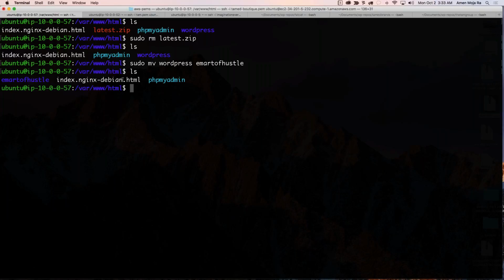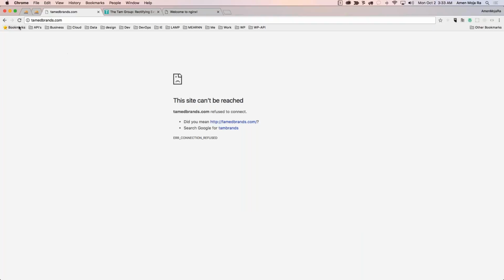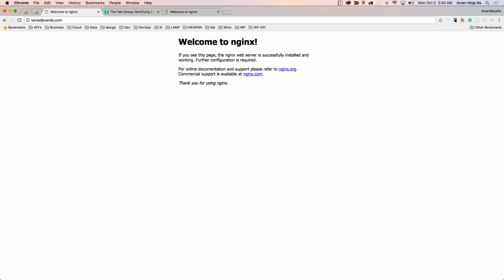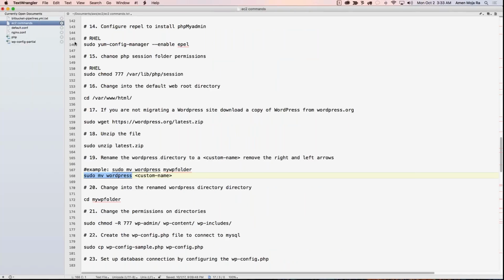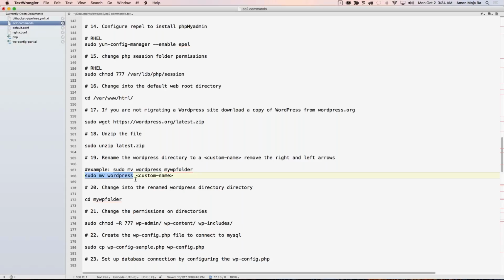So now Tamed Brands should come up in the browser. Welcome to Nginx. So we have our default things. Now what we want to do is go ahead and configure this. But before we configure WordPress,